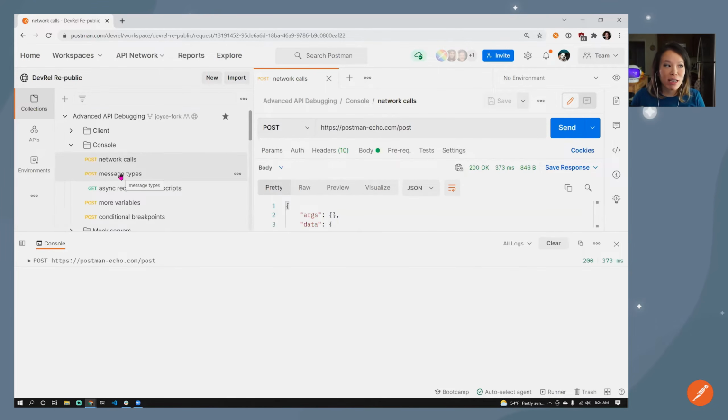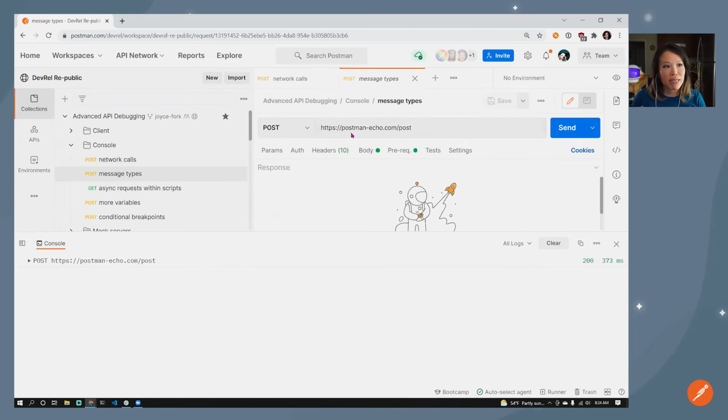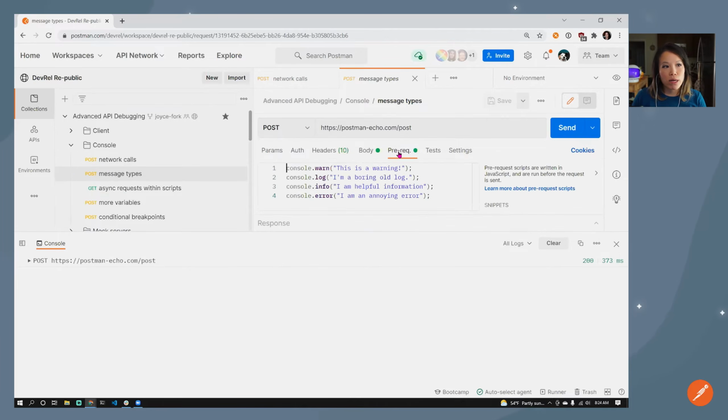Let's see. We actually haven't seen a single log. This is just our network call. So let's go over to message type. Again, we're hitting echo, but I do see some green dots. Let's take a look at what's under there. So under the